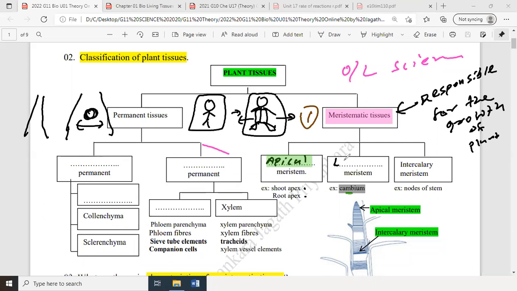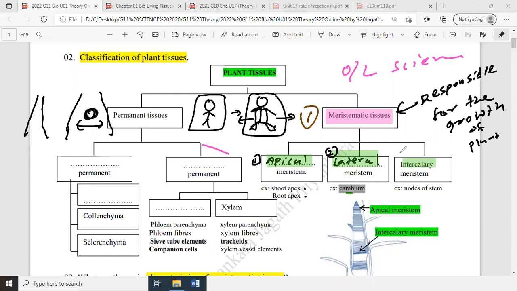So that is called lateral meristem. Lateral meristem is responsible for increasing the diameter of the stem. Intercalary meristem I have already given. So what are the three types of meristematic tissues? You have to remember this: apical meristem, lateral meristem,